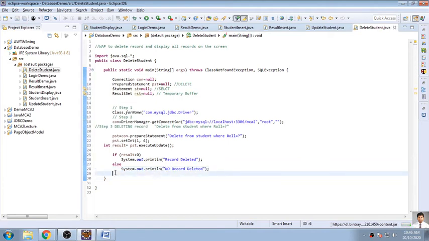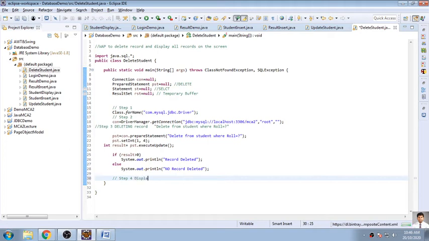Okay, after that I want to display on the screen each and every record. So step number 4, display all records. For that purpose I need a statement. Statement I have already declared, so it is stmt.